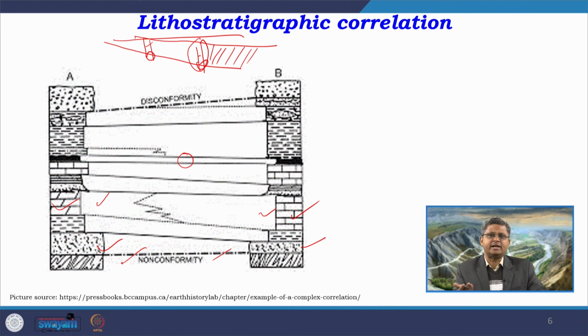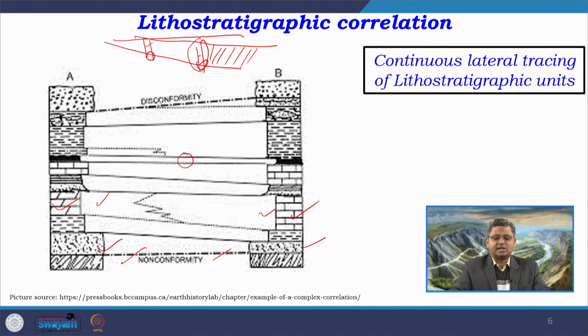So for doing lithostratigraphic correlations, what we commonly follow is a continuous lateral tracing of the lithostratigraphic units. That is the most important part. So we have to continuously trace laterally, in between two successive logs, how one unit is continuing. For example, over here again I am taking this limestone, this is a limestone, this is another limestone, but there are certain variations. So in terms of depositional conditions or depositional time, we have a limestone depositing condition in both these areas. So they are continuous.